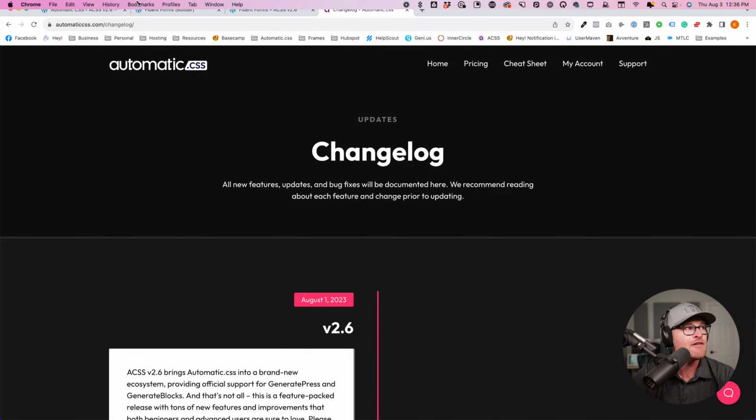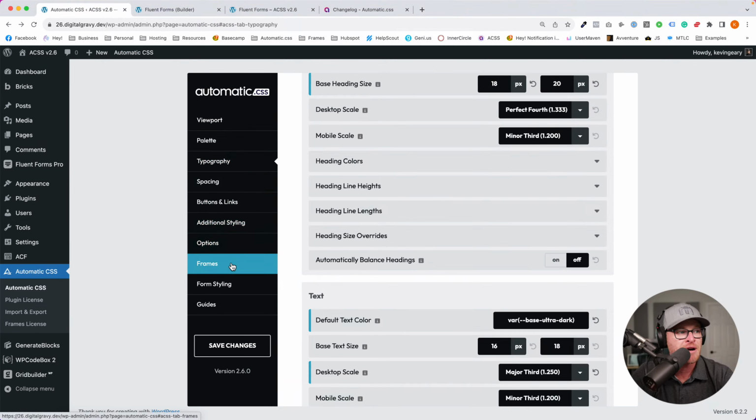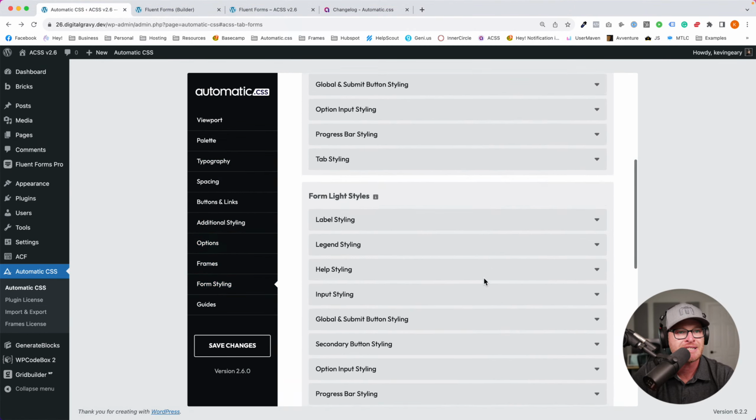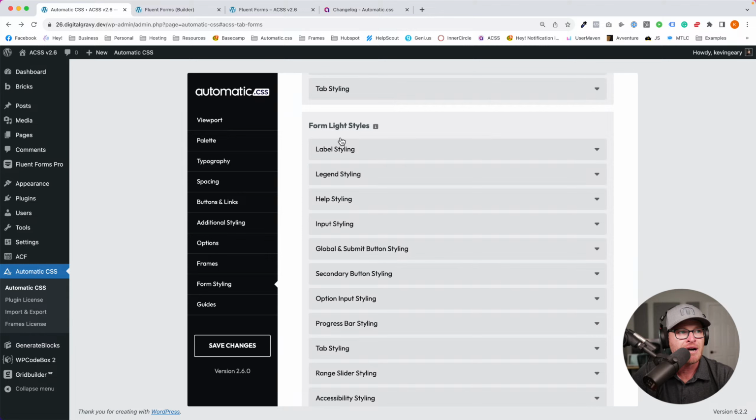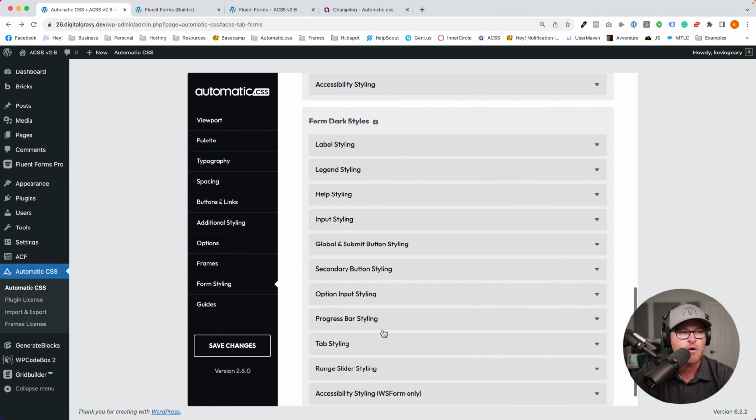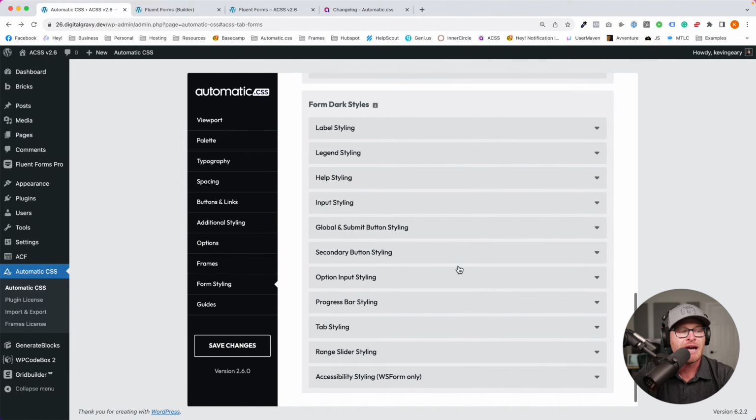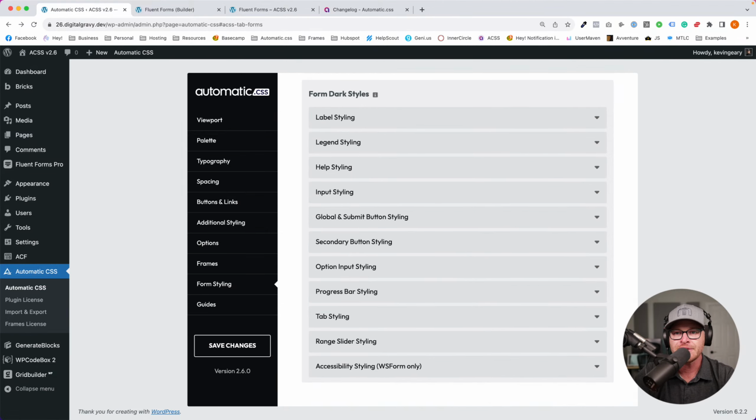So literally everything that you would want to customize on a form, for the most part, is in here. If you're doing your light form, you customize it in here. If you're doing your dark form, you customize it in here. And it's extensive. So if there's, for some reason, something you want to customize that's not found in here, it's probably an oversight, and you can just let us know, and we'll add it in.